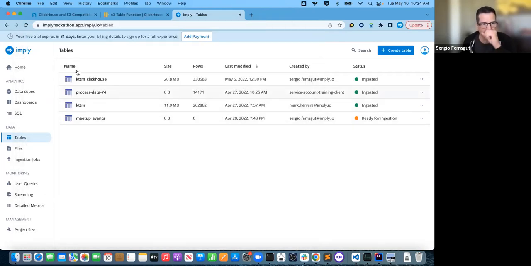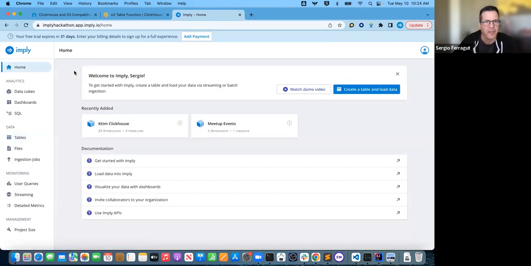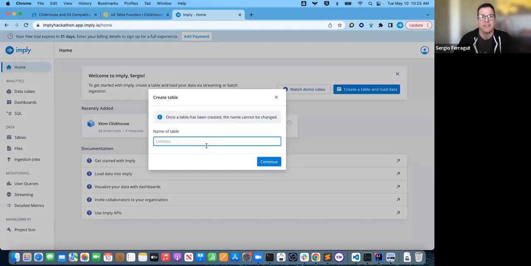So when you start and create your own Polaris account, this is the home screen that you're going to get to, where you have access to all the functions. Now, the base function that you need to do before you do anything else is add some data. So there's the convenient create a table and load data button over here that tells us to create a new table. The only thing you need to start with is a name. So I'm going to just give that one a name.